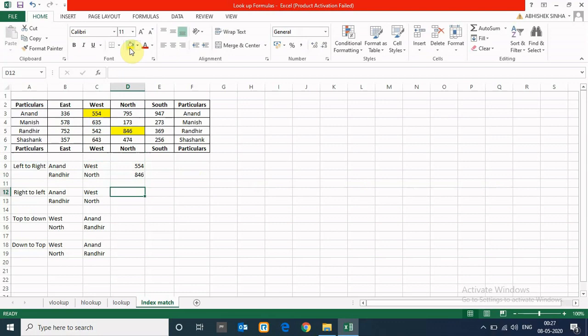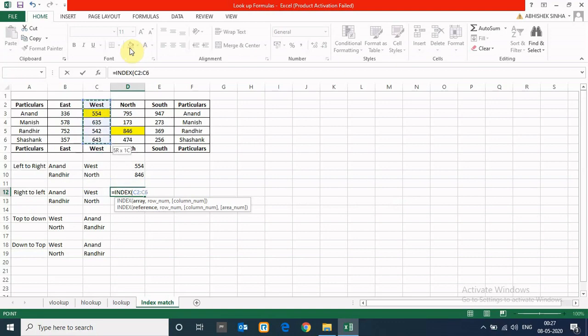Same result we can get from right side, we can get the same details. So index array is west region, comma match lookup is Anand, right side, comma 0, close, comma 0, close, 554.